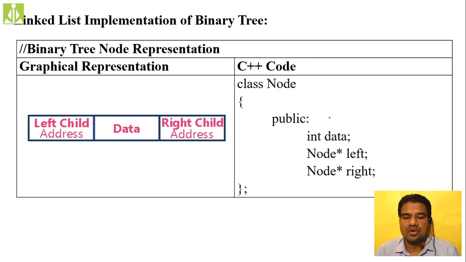So again the node representation, doubly linked list, same node here we are taking, but instead of previous and next we are saying left and right over here, because left will represent left child, right will represent right child. Okay, and the data part to store the actual data, and left part to store the left child address, right part to store the right child address. If you're not having any left child, simply make the left pointer as null, and if you're not having any right child, simply make the right pointer as null. Okay, likewise. So this is the graphical representation, and this is the node representation, C++ code representation for binary tree.